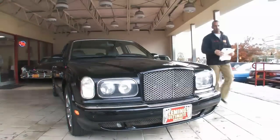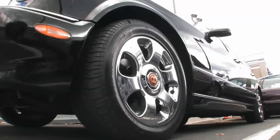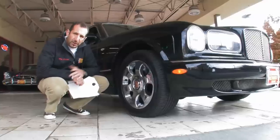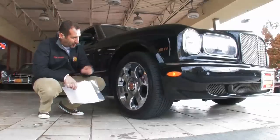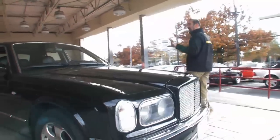Let's walk around for a minute. We'll look at a couple things here. This has the optional chrome alloys. They're polished. They're 18s. Another thing too, if this is your baby, you're putting on good tires, right? You're not putting on the cheapest Chinese tires that you can find. You're not going to overpay, but you're going to put a good set of tires on. Pirelli P Zeros. Let's take a peek under the hood for a second, because what lies underneath here